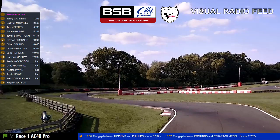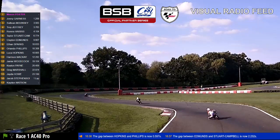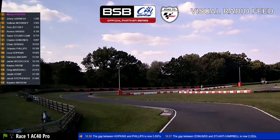Big battle actually going on downfield for 4th place, sorry. Troy Jeffrey with his hands full of Ronnie Harris there. Sullivan Mounsey just ahead of them. Sullivan Mounsey picked up there. Troy Jeffrey tries to go through on him. Sullivan Mounsey's fighting back. They go to turn 7 neck and neck, and Sullivan Mounsey on the inside of Troy